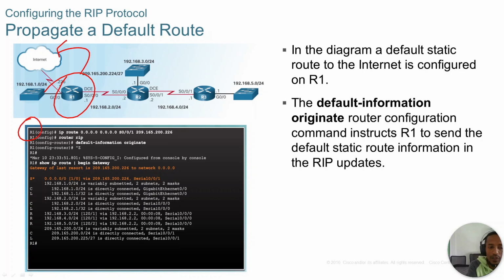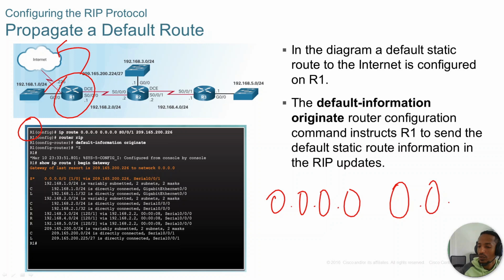So now you can see this is configured on router 1. So how do we write it? We'll say 0.0.0.0, the IP address is 0.0.0.0, the subnet mask is 0.0.0.0. And it